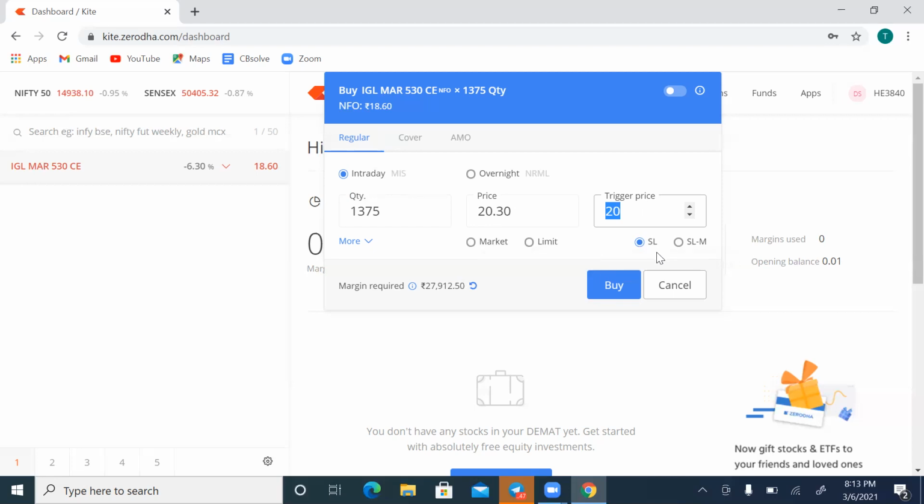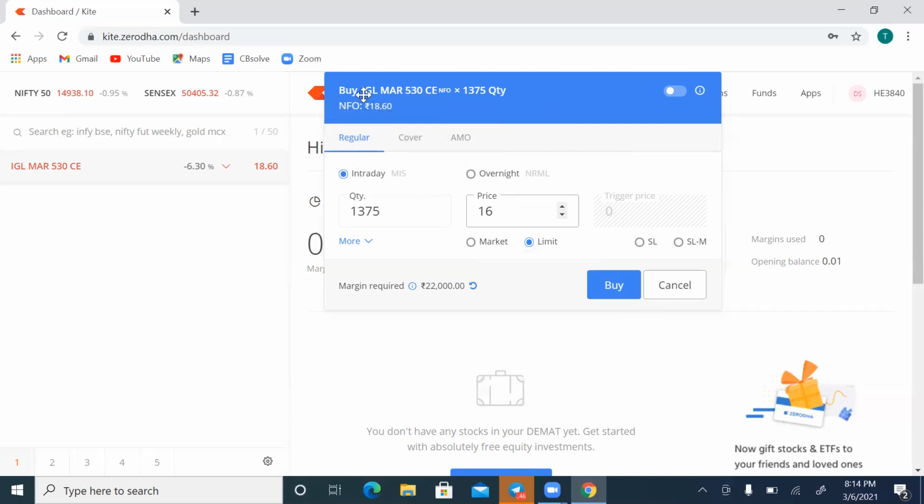This is how you have to place an SLM order. For example, if you want to take the trade when it is coming down a little, okay, my stock is trading at 18.60, but I don't want to take it at 18.60, I want 16.60. You have information that it will come down and may be trading around 17 after 30 minutes. Then you can directly place a limit order, because you are bidding at a lower price. I want to take this trade at 16 rupees. So you can directly place a limit order.